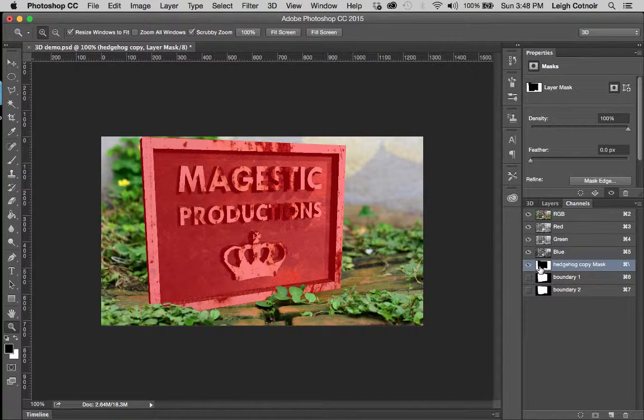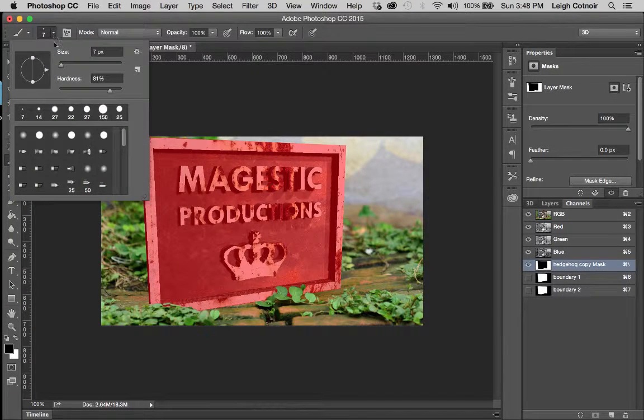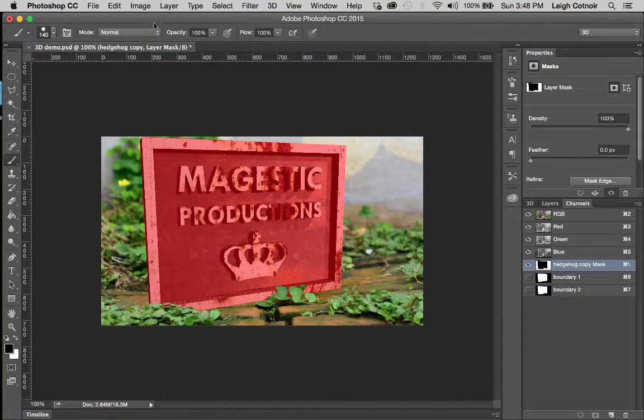And then if I turn this on, what you can start to do is, and this is not quick mask, I'm actually modifying the existing mask that's on that layer. I can take my paintbrush tool, and I'm going to bump up the size significantly, so let's just bump that up quite a bit. And then the other thing I'm going to do is change the opacity so that the opacity is turned down, and I can sort of slowly start to